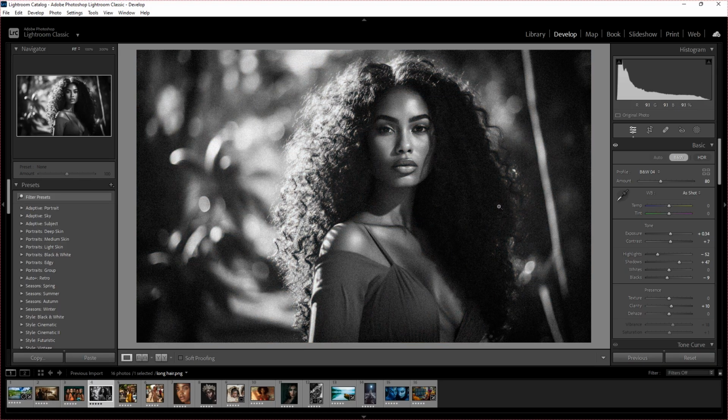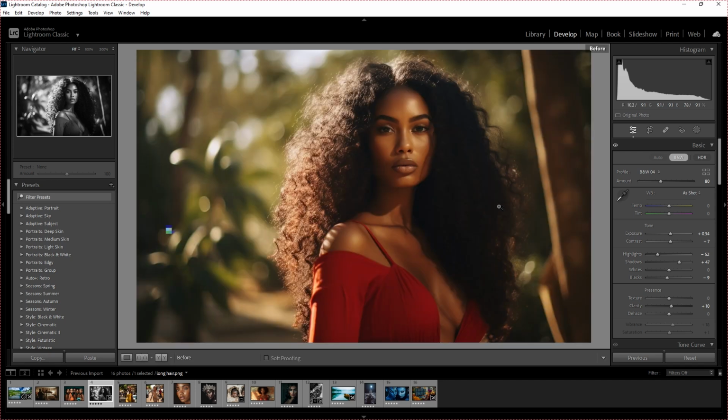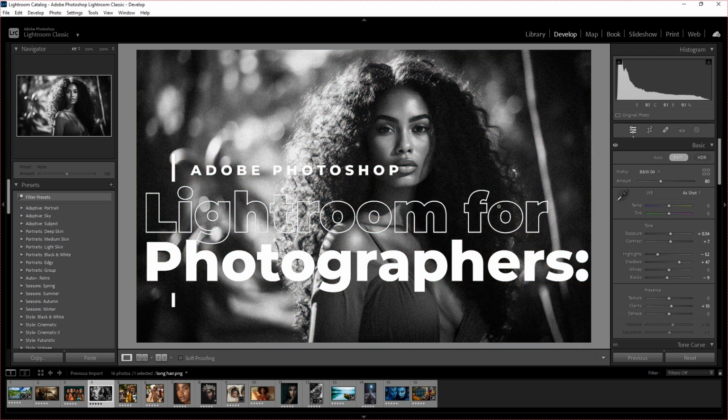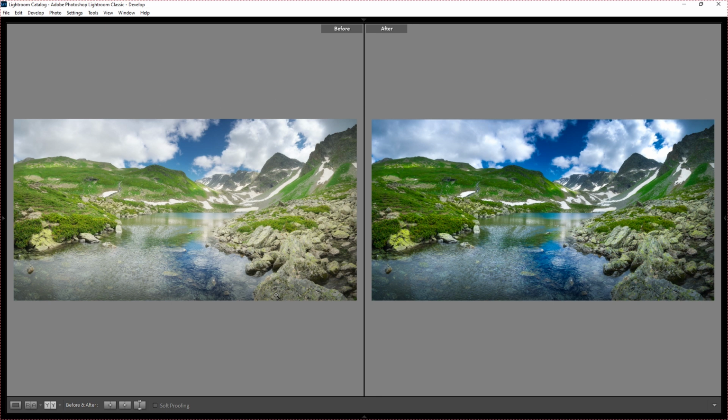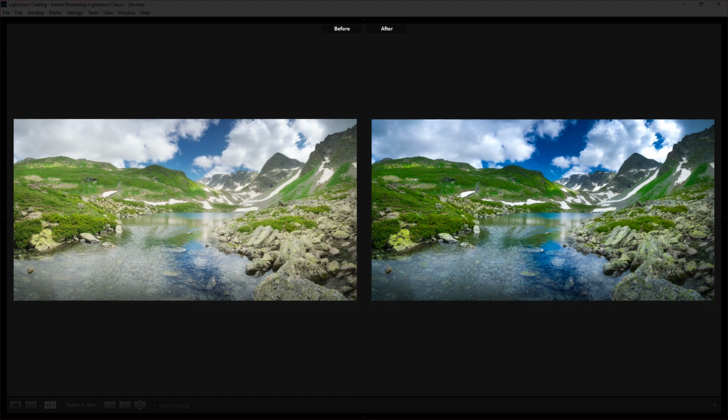Are you a photographer looking to enhance your images and make them stand out? Then welcome to this video, the complete beginner's guide to Adobe Photoshop Lightroom, your go-to tool for professional photo editing. Whether you are working with portraits, landscapes, or street photography, Lightroom will transform your workflow and enhance your images